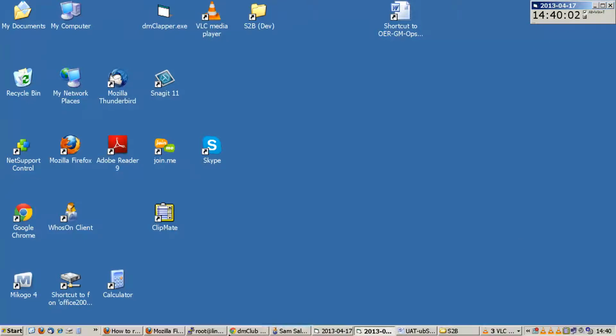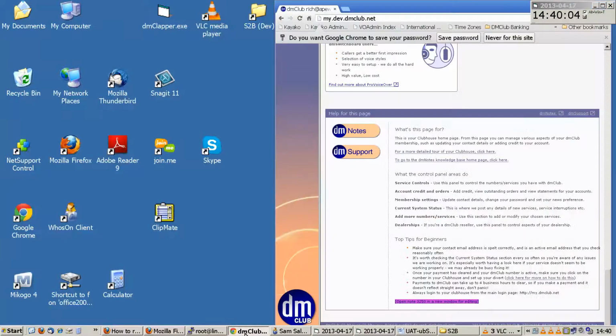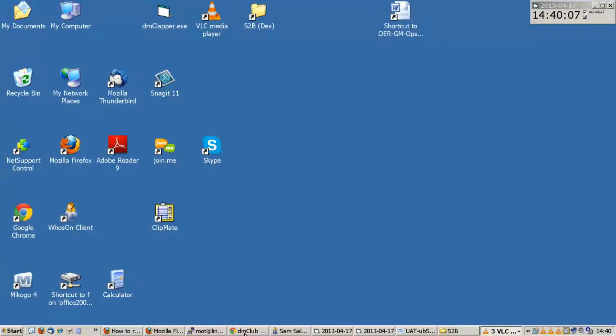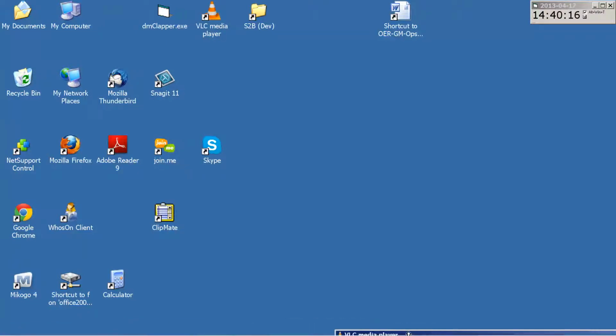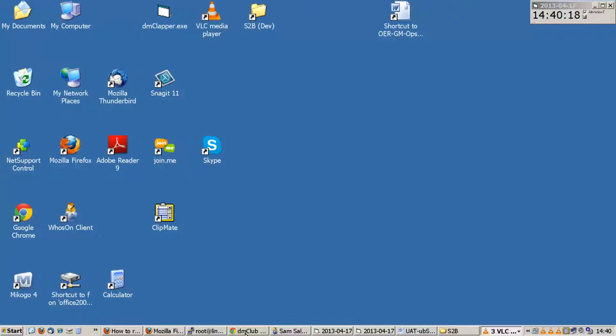Starting with DM Notes. No? There. Where is it? I thought I had all my windows open already, but some new ones have appeared. Anyway,